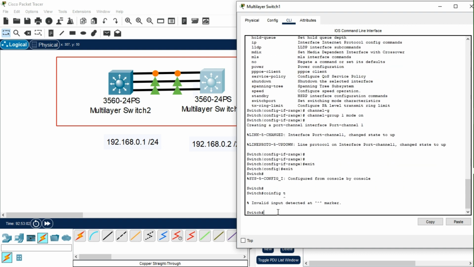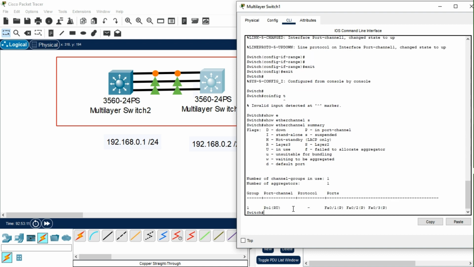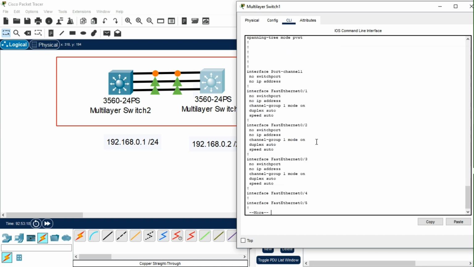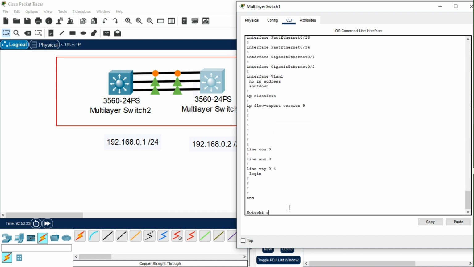I'm going to go into the interface, config T. And just so you guys can see, show etherchannel summary. So it's giving me this. It's saying you've created the etherchannel. But remember, when I go to show run, if you notice, I do not have an IP address. So once again, I need to put the IP address on this actual interface, this logical interface that's the port channel. So we go to config T, we go to interface